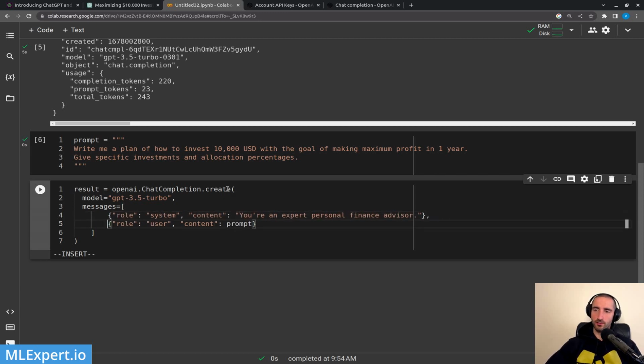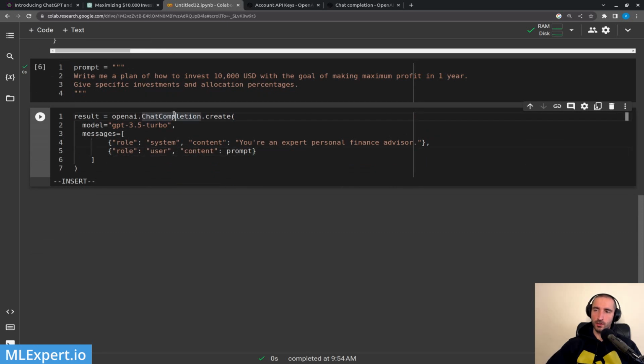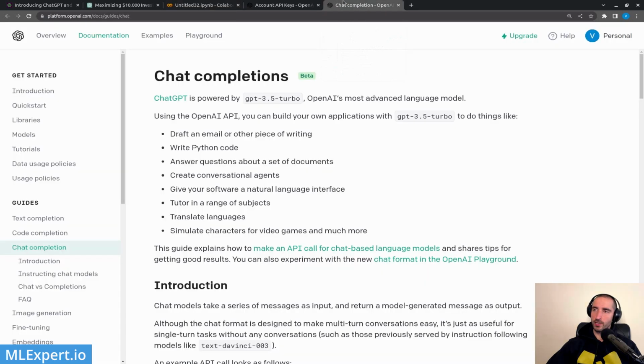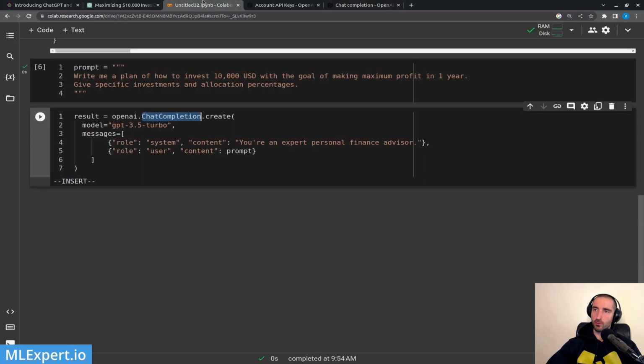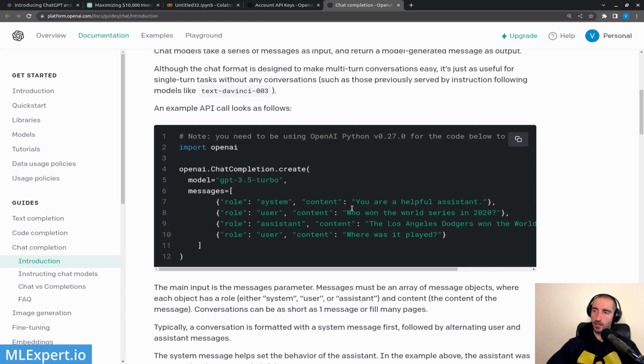All right, so this is the initial completion we're going to do. We're using the newly added chat completion, which has documentation in the guide. We are using GPT 3.5 Turbo, which is this model. And then we are essentially giving it a couple of messages, which are going to represent the conversation between us